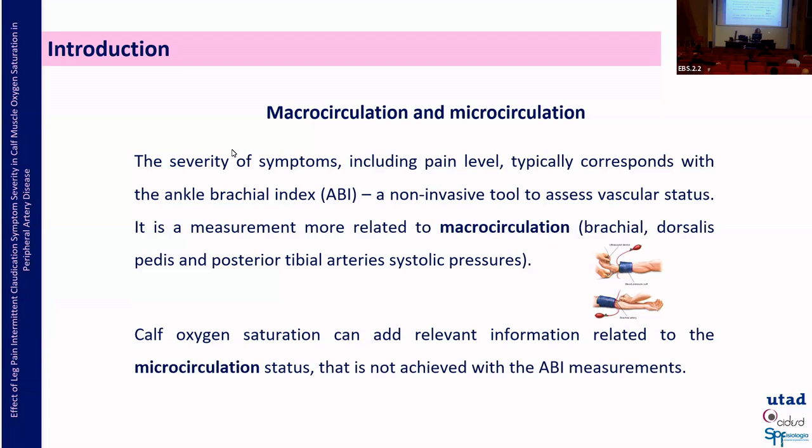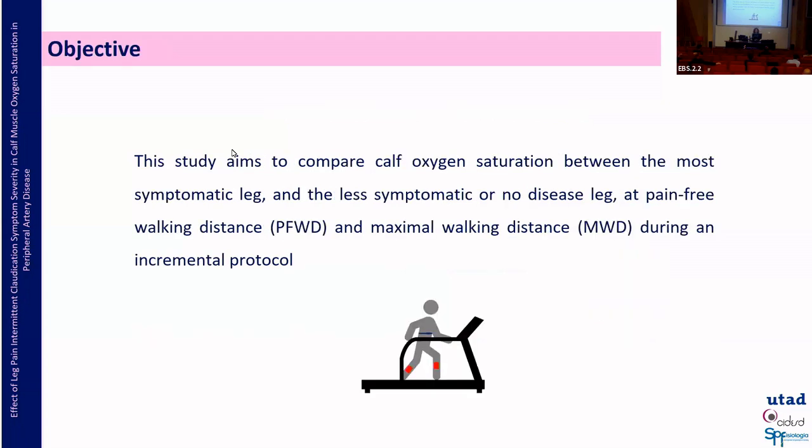So calf oxygen saturation can have relevant information related to the microcirculation status that is not achieved with the ankle brachial index measurements. So the aim of this study was to compare the calf oxygen saturation between the most symptomatic leg and the less symptomatic or no disease leg at pain-free walking distance, the distance taken when pain emerged, and maximal walking distance, the distance taken when the pain is almost no longer bearable for the participants